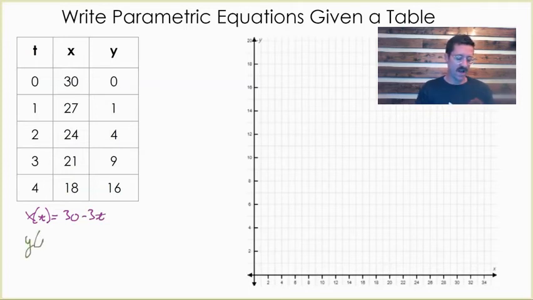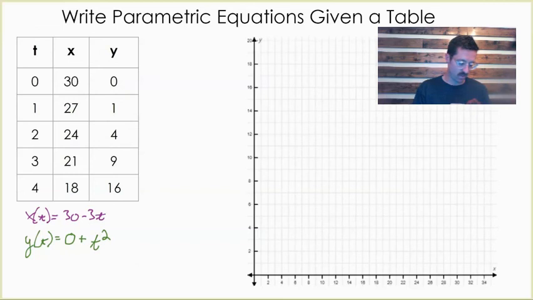Now for our y value, it looks like we're going to start at 0. Okay, so I can write the 0 if I want to. Then look at how y is changing. Y isn't changing by a constant rate. You might see that y isn't changing linearly, it's changing quadratically. And in fact, the way that we get the y value is just take whatever the t value is and square it. 1 squared is 1, 2 squared is 4, 3 squared is 9, 4 squared is 16, and so forth. So this would be our parametric equation for y, this would be our parametric equation for x,